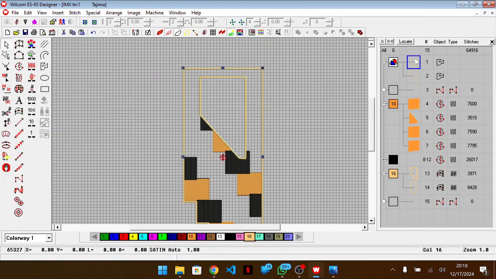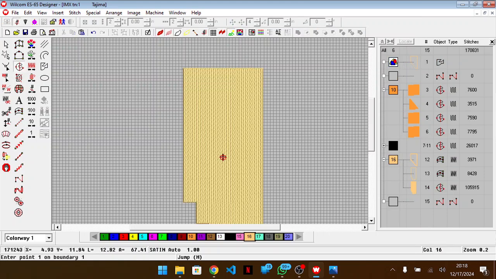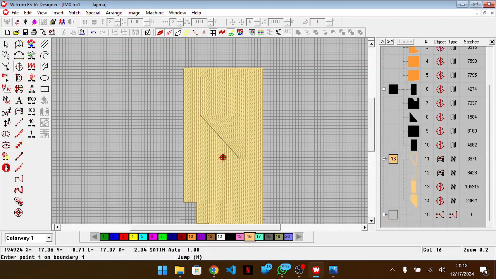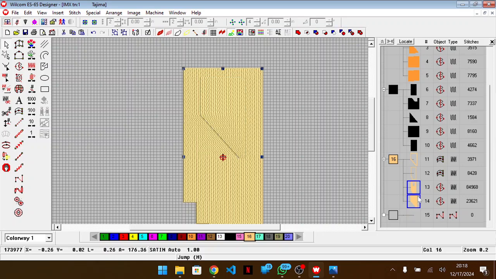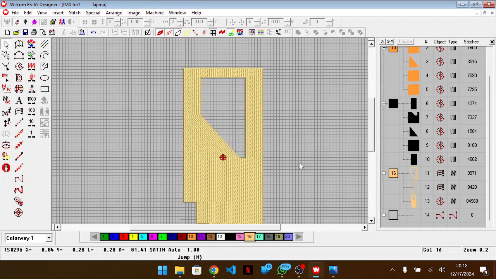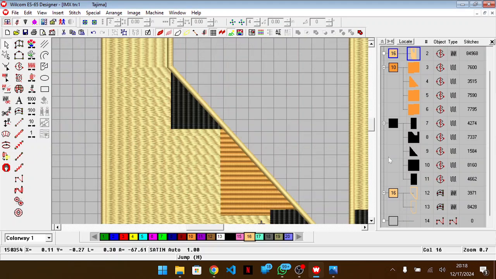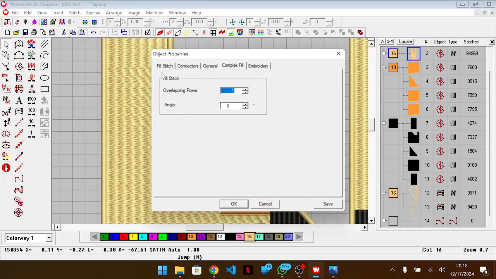Select this and give it a complex fill. Same with this. Now use the upper one to cut out space in the lower one, that is flattening. Take this one out, save, and resequence, send it all the way up. So I want to go to the properties,